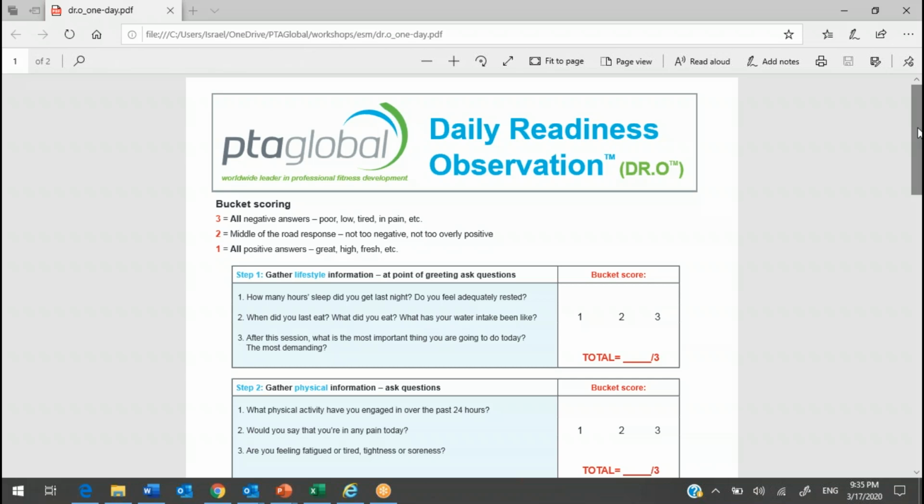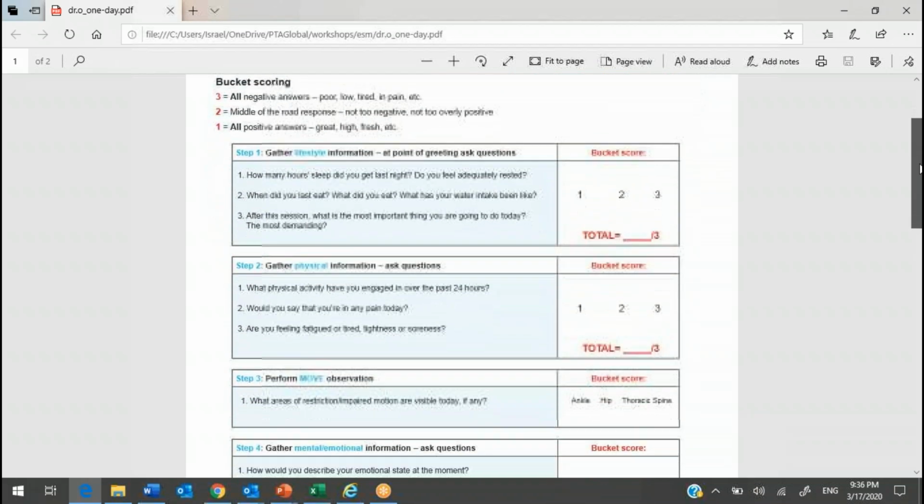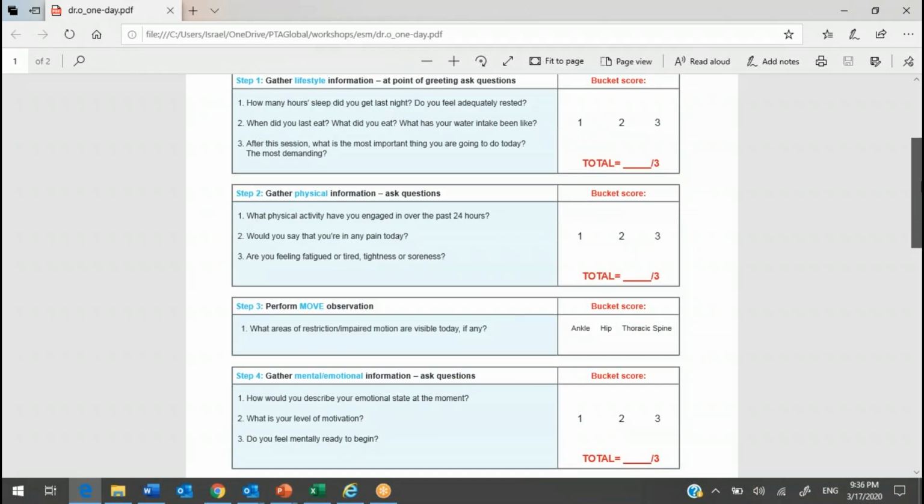So clients come in, they're stressed from, let's say, the bad things they've seen in the media, work stress, life stress, financial stress, but they know they still have to get a workout in. What do we do? Specifically, what do we do? The first thing we do is ask them a series of questions, categorized, and for the purposes of this video it will be 3 buckets instead of 4,